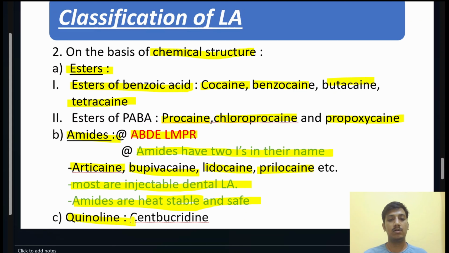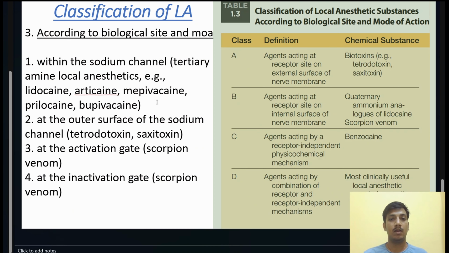And another is the quinoline, which is centbutridine. Then moving further, this is the most accepted classification of LA according to the biological side and the mechanism of action. In the table,